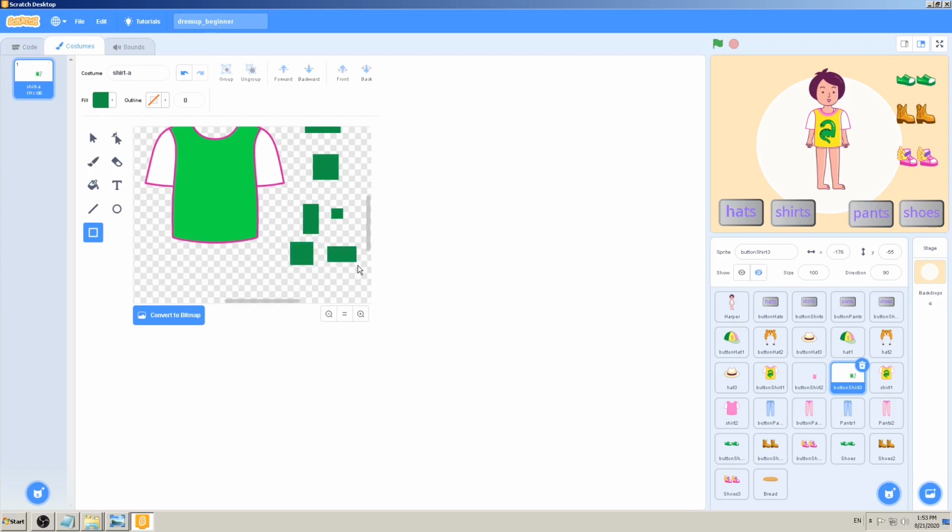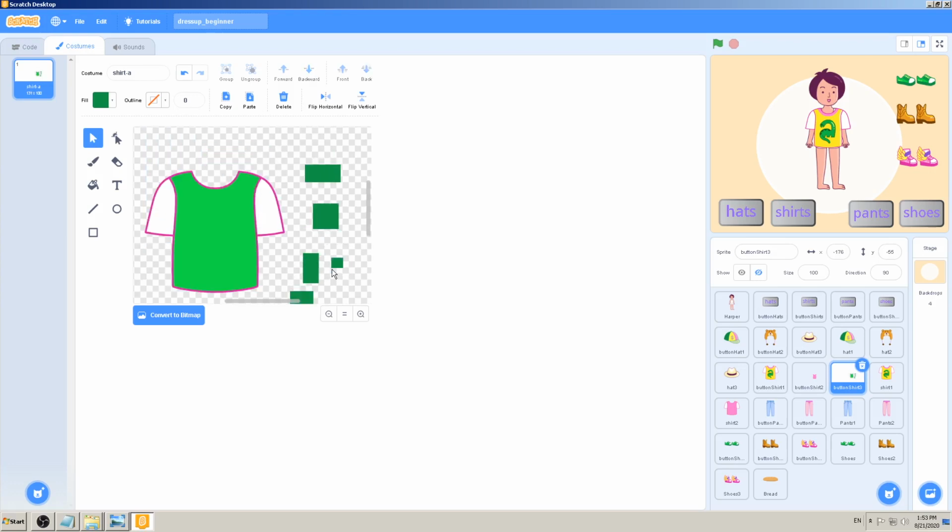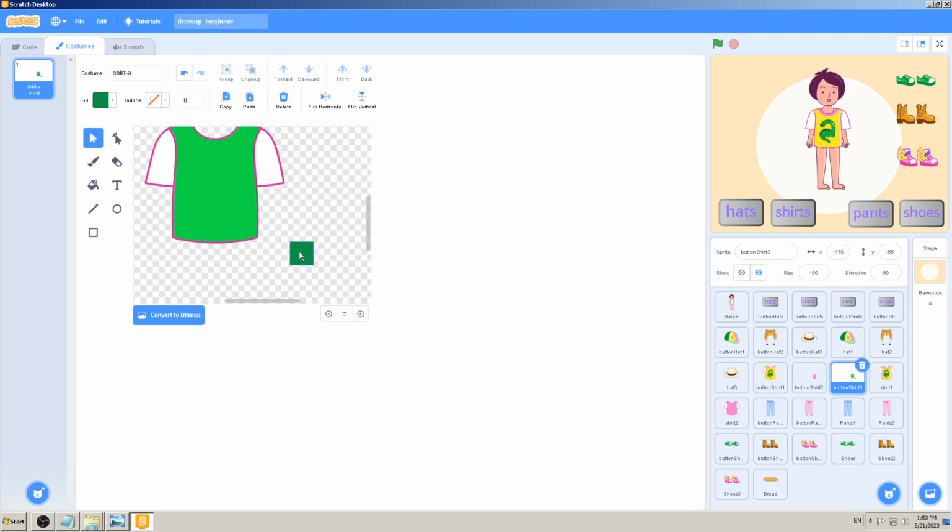So if I don't hold the shift, I'm drawing rectangles, but if I hold the shift, I'm drawing squares. Simple as that. Without shift, with shift. So I will just leave one square and delete the others. How to do it: go to the select button to enter the select mode, then select all the squares you don't need and press delete on your keyboard. Simple as that. Okay, now click and drag this on the shirt and this looks fine to me,